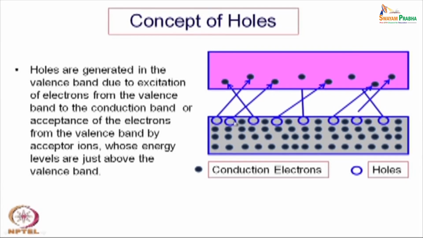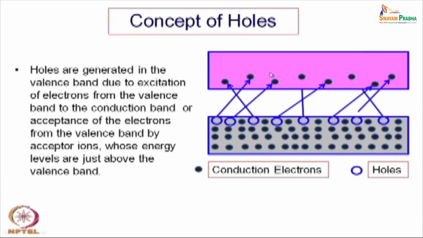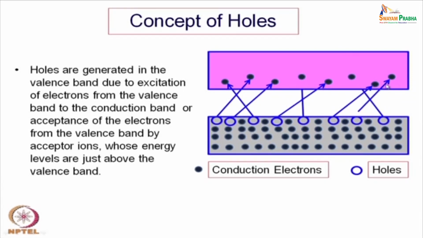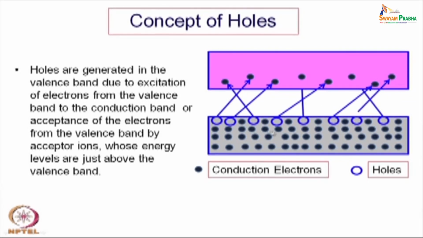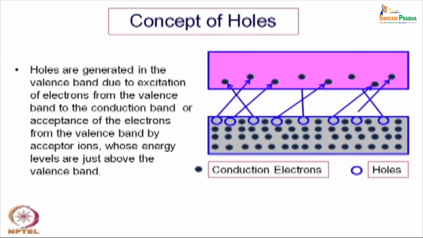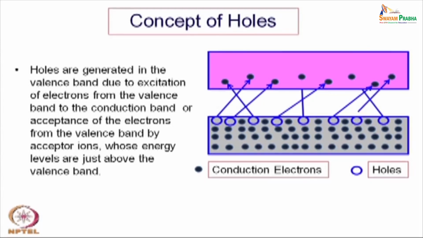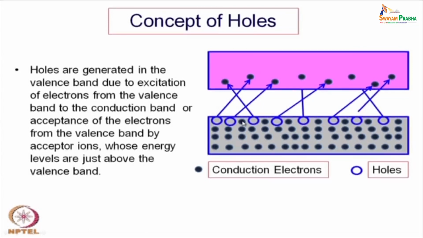These electrons which are transferred or excited from the valency band to the conduction band are available for the conduction process under the application of the electric field. But the electrons which go to the acceptor level will not be available. They will be tightly bound by that particular atom or ion, and will not be free for movement under the application of electric field. So, we have to recognize that the two processes are slightly different.